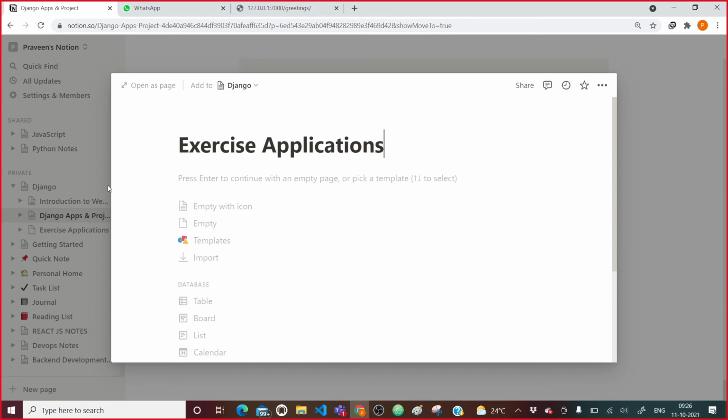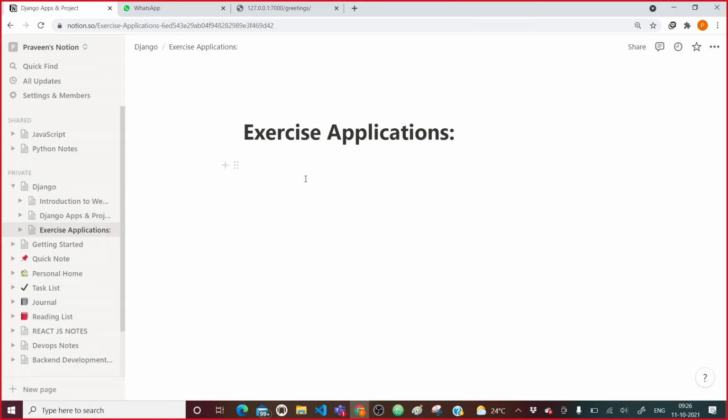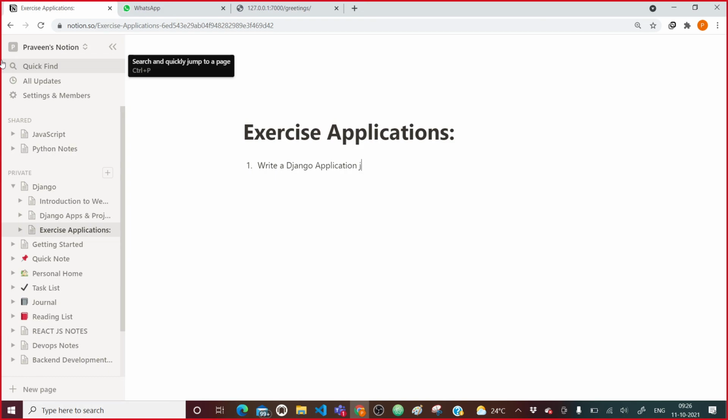So what you need to do, first thing, write a Django application just to send a hello world message as a response.